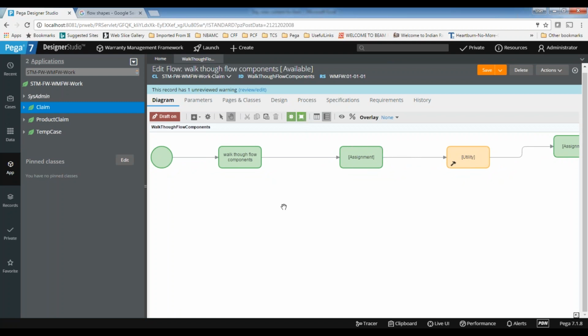Let's say when I'm dragging any shape, you can see that the system is giving me some indication. The horizontal and vertical indications are given. You can see the dotted lines are coming. That is for helping me to properly position these shapes.